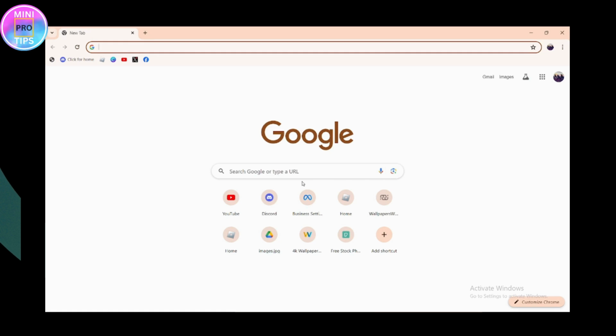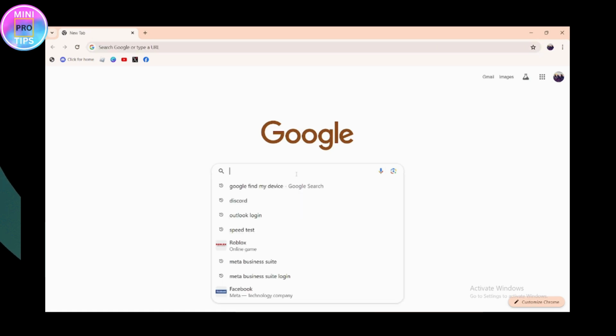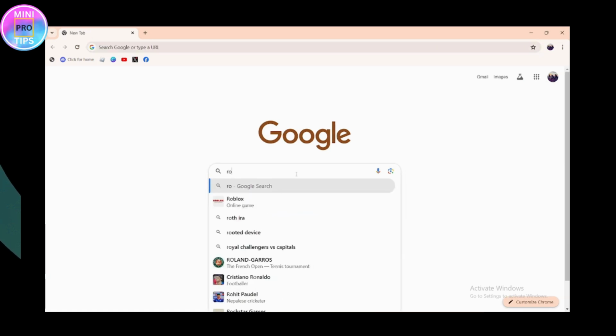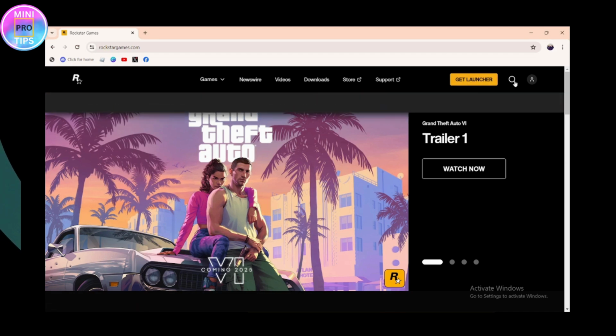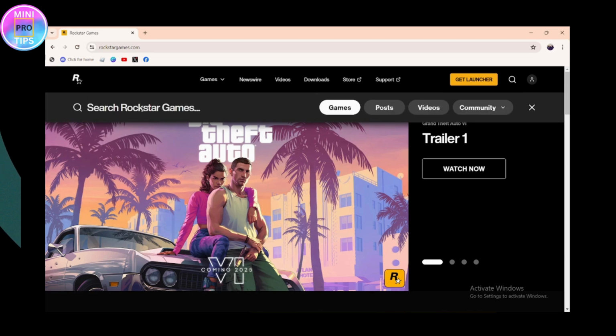go for the search under your browser and then you need to search for Rockstar. And once you've searched, it will directly take you to the dashboard of your GTA. What you need to do is simply go for the upper right, which has that search. Go for the search, and here under the search for Rockstar Games, you need to search for San Andreas and